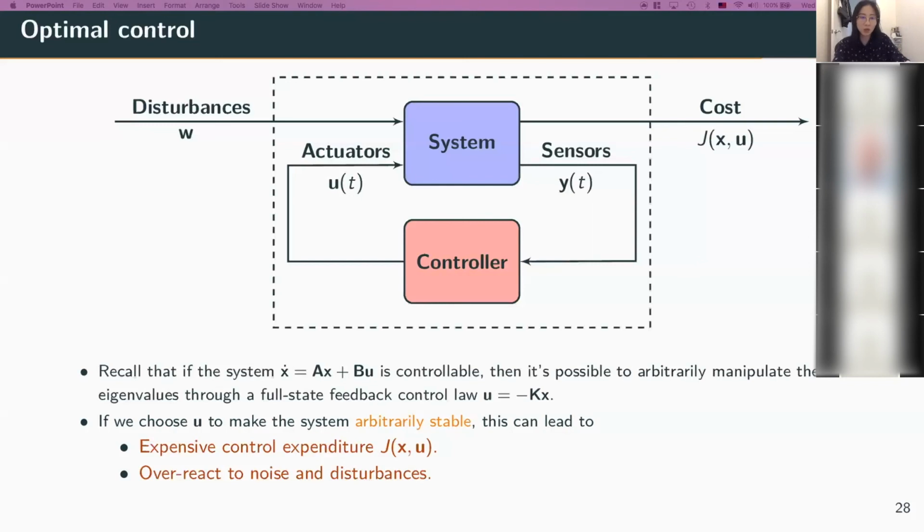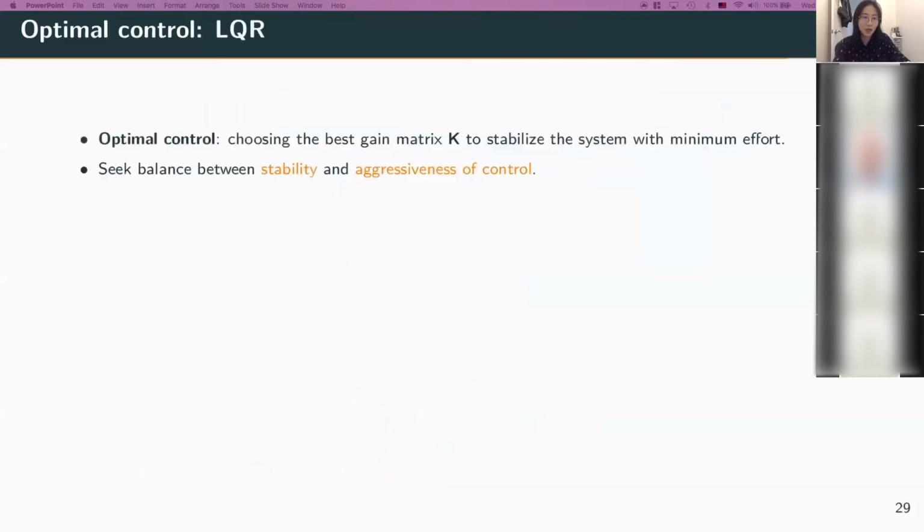And on the other hand, we want to seek the balance between stability and the aggressiveness of control. So optimal control is just choosing the best gain matrix K to stabilize the system with minimum effort, minimizing the